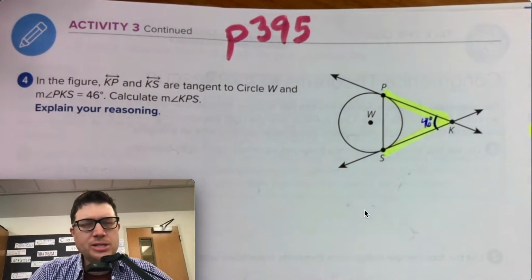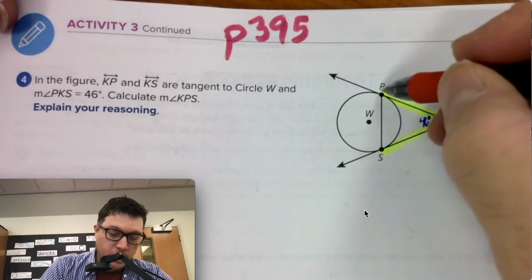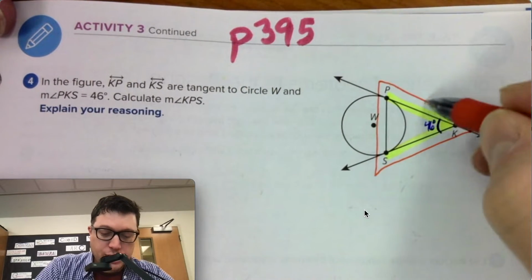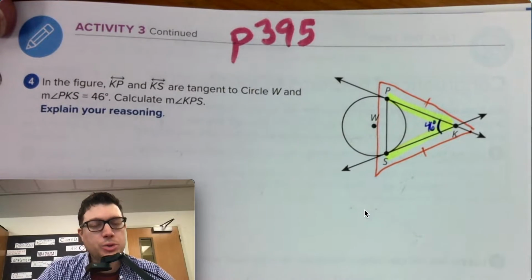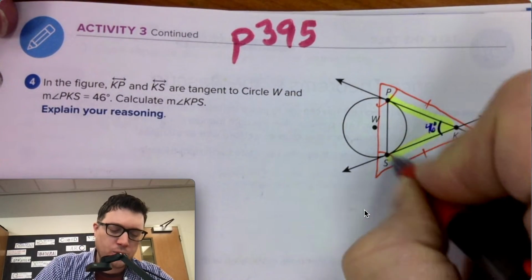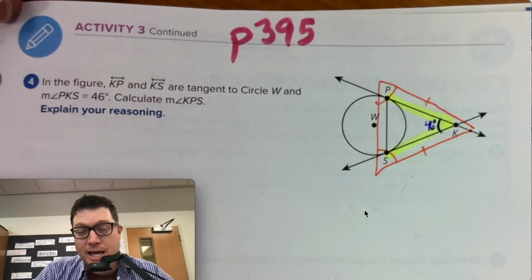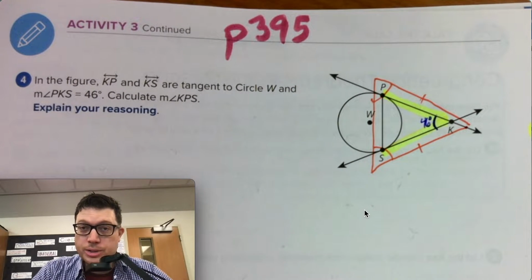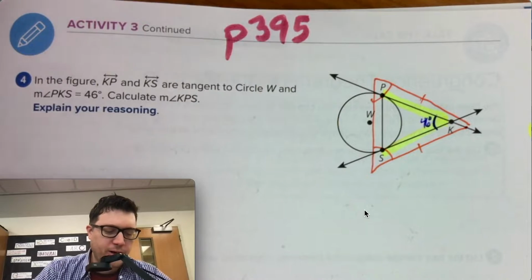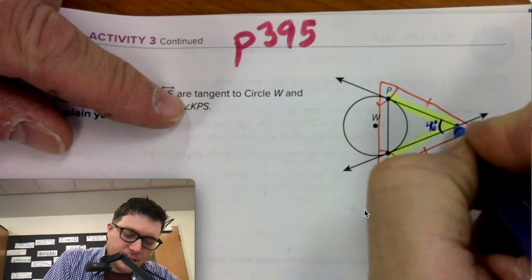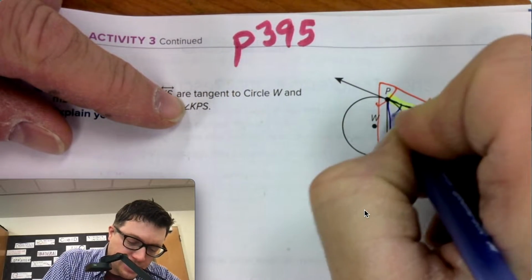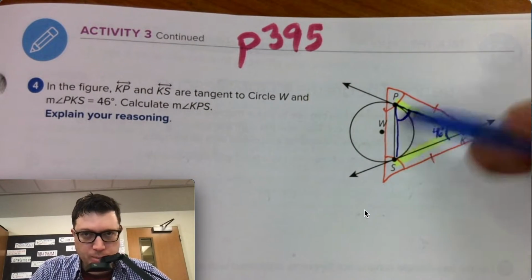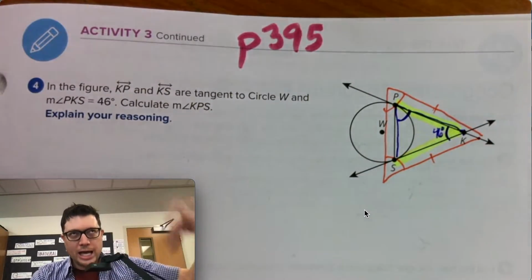Did you notice that's not a right triangle, that's an isosceles triangle? This whole thing, as a triangle, has two sides that are the same. So therefore it has base angles that are the same. And in this case, the base angles P and S are congruent. So if we want to figure out the measure of KPS, KPS is this angle, it'll be half of whatever's left when you subtract 180,